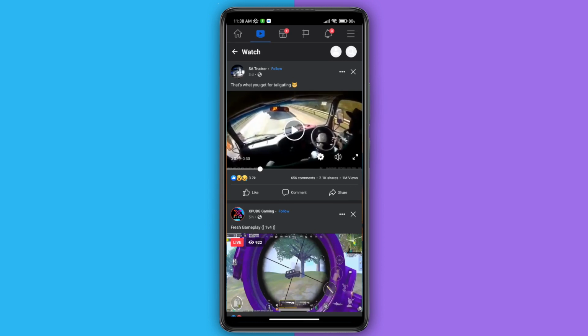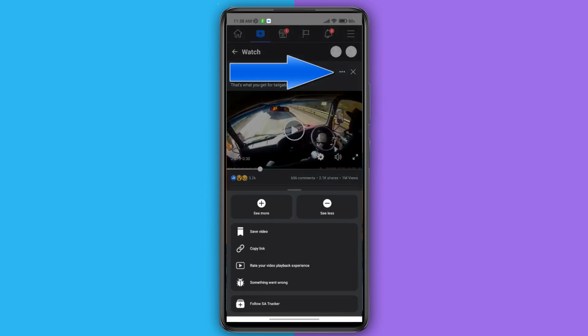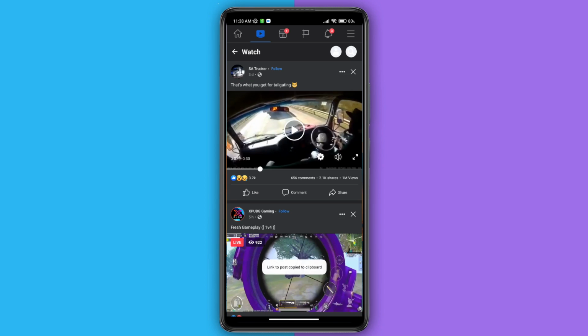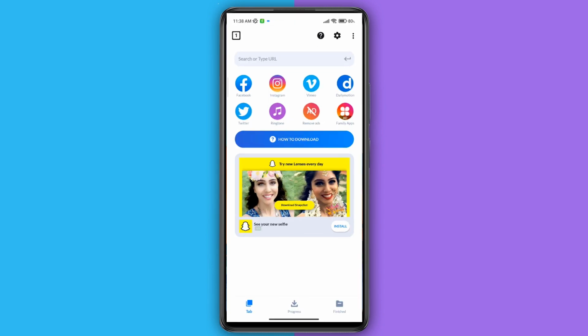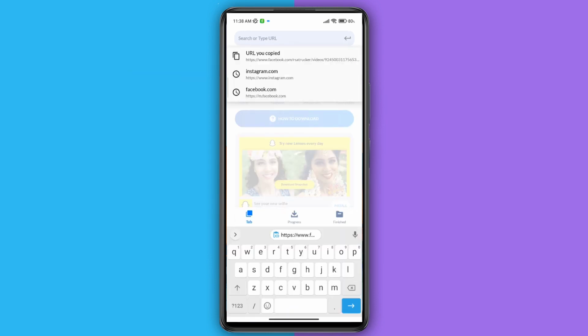For example, I will download this one. So just tap on these three dots and tap on copy link. When you copy the link, then go to the app video downloader and you can see the search bar on the top. Tap on it and paste the link and go,